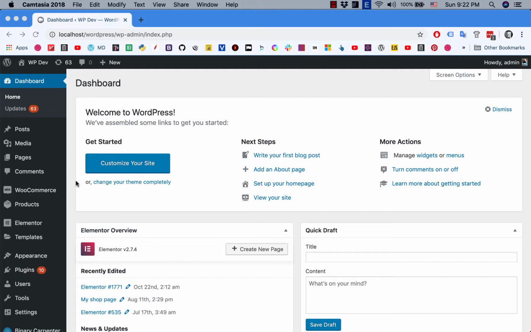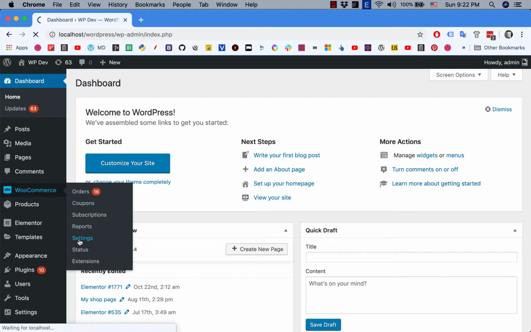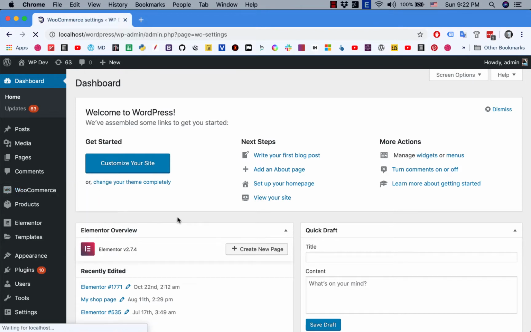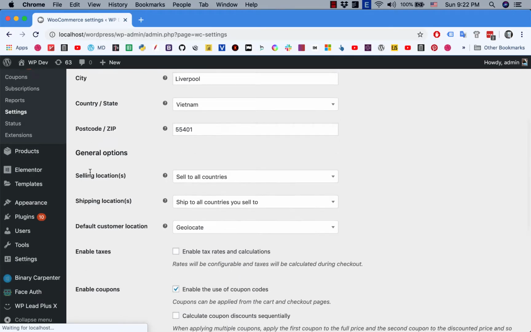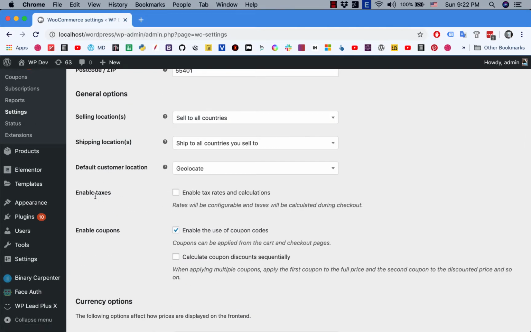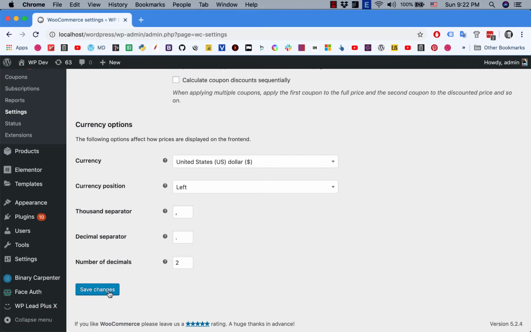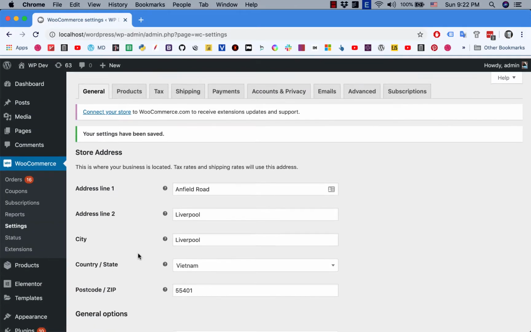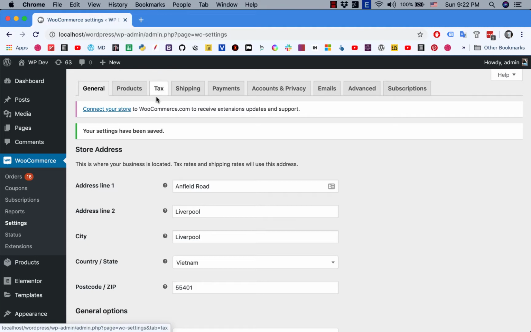The first thing you need to do is go to WooCommerce settings and scroll a bit down. You see that there's a box here. You need to check this, enable tax rates and calculations, and click on save changes. Now you can see that there is a new tab here called tax. Click on that,